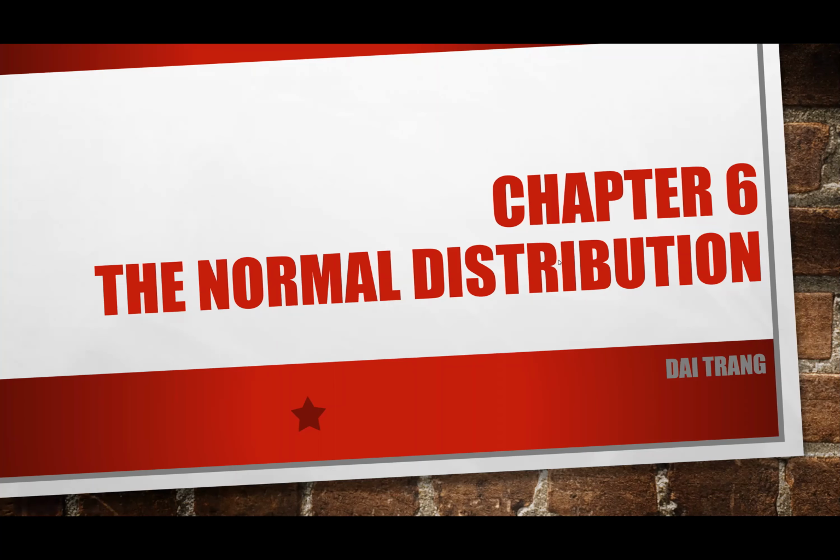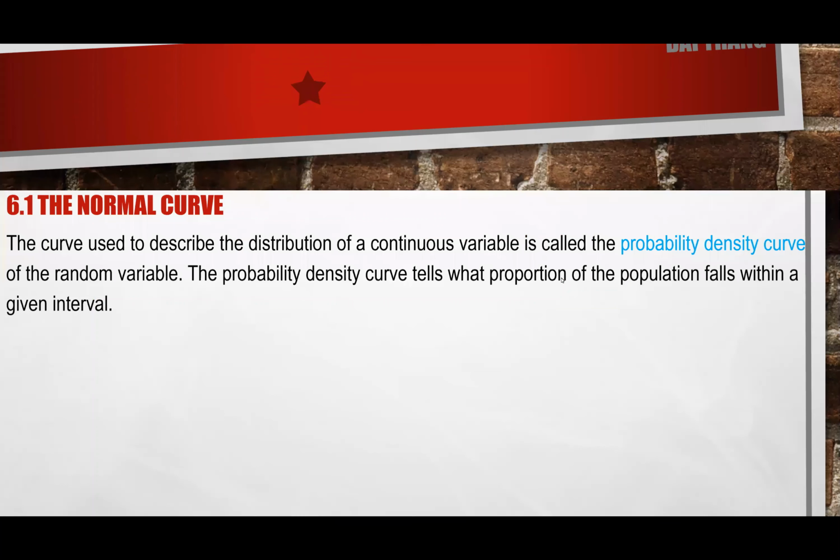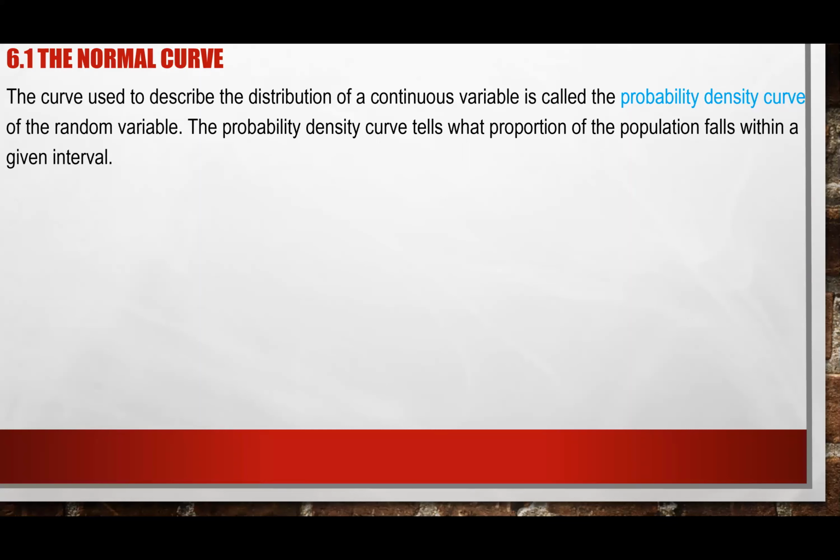Here today, 6.1, we are dealing with the normal curve. So one thing I want to point out is chapter 5. What we did yesterday and the day before was chapter 5, and chapter 5 was the probability distribution for a discrete variable. In chapter 6 and beyond, our distribution will deal with a continuous variable. Reminder, the difference between discrete and continuous is discrete is